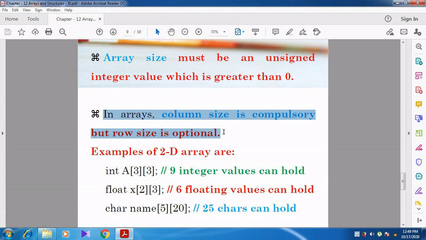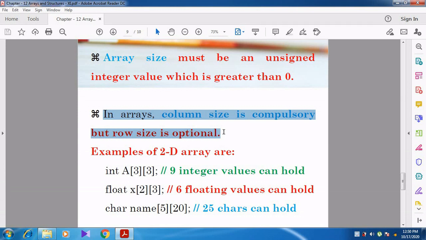Whenever we initialize the values for the 2D array, the compiler can automatically calculate the row size based on the values which are initialized.